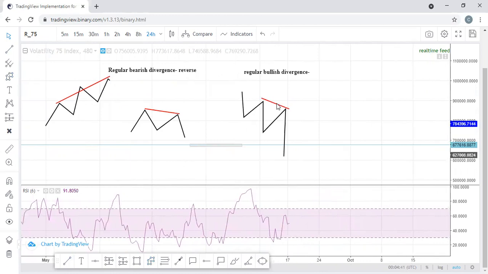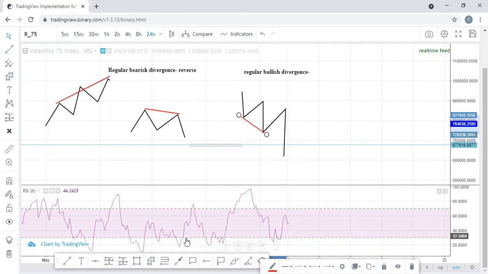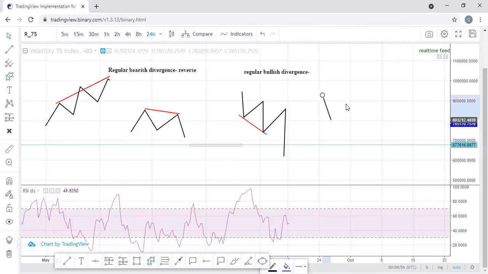No, sorry, use the lows, not the highs. Use the lows, right? So see the market doing this. This is a series of lower highs and lower lows. So when you want to spot this, you're expecting the market to do something like this. Remember, the market is bearish, all right? Bearish, and then you see something like this